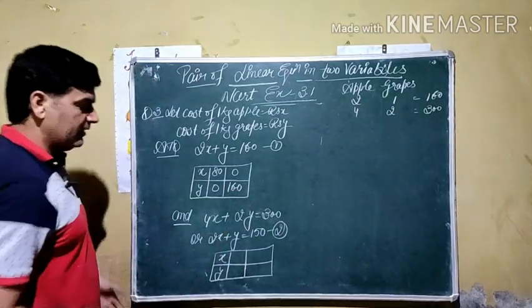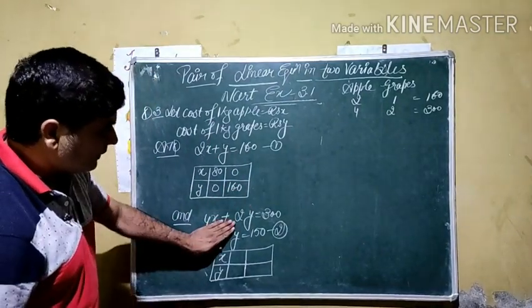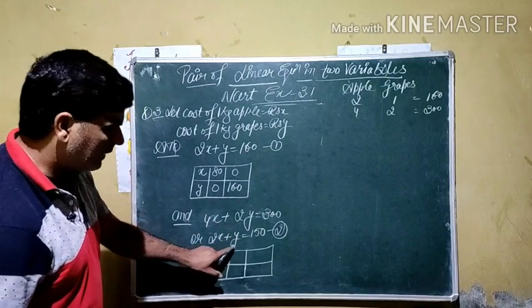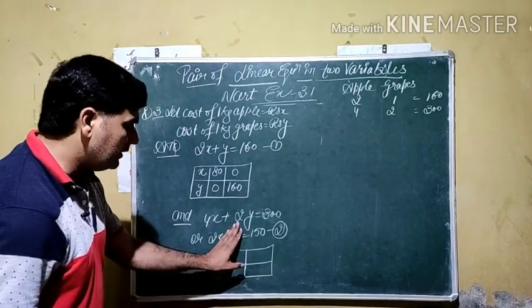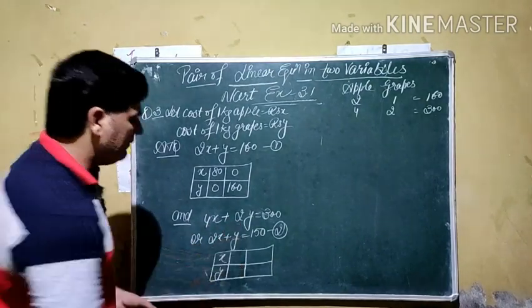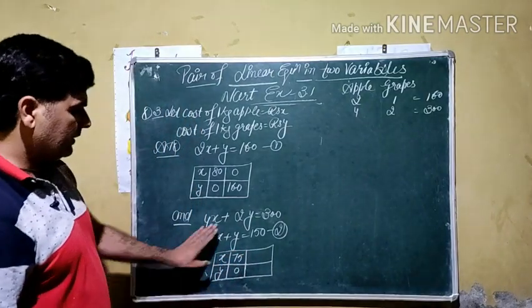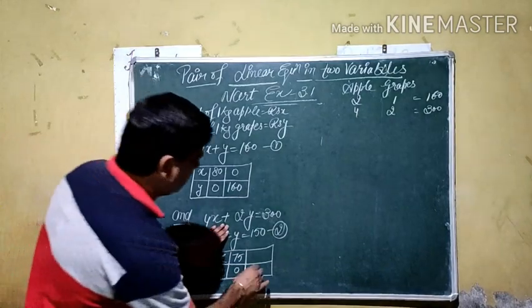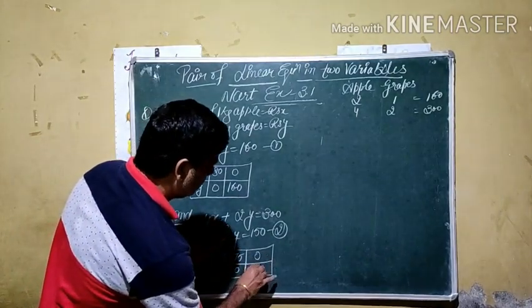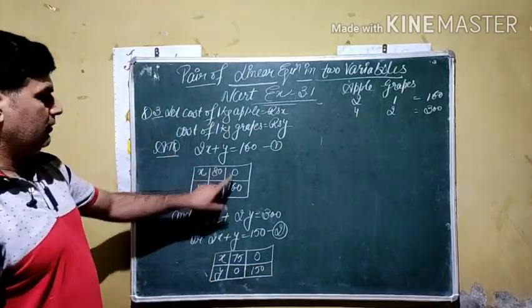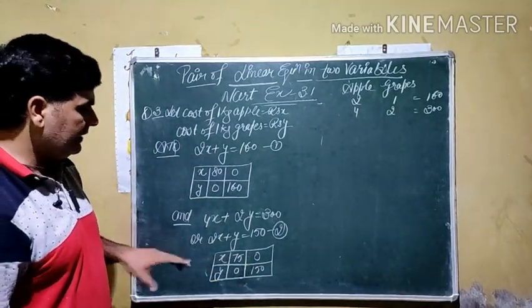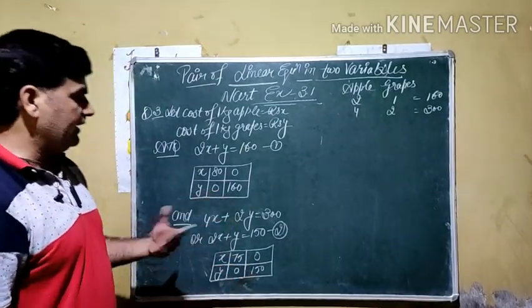Same trick we are going to use here. If we use y equal to 0, that term is removed. Double of which value is 150? 75. Next, if we put x is equal to 0, y becomes 150. Now if we see the values in the table of 10, we can say easily, y is also in the table of 20, otherwise 10.